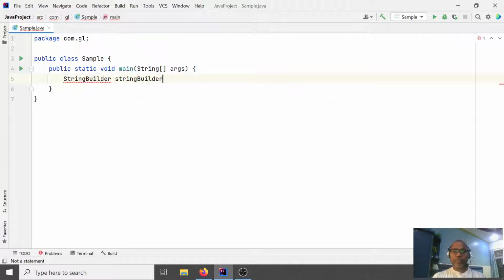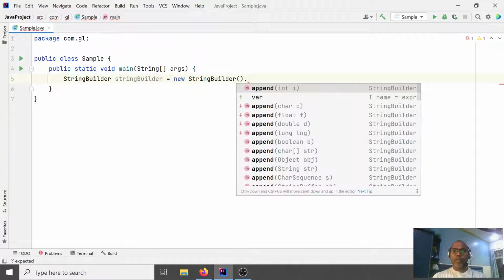Let's say StringBuilder, new StringBuilder, and after that generally you have an option.